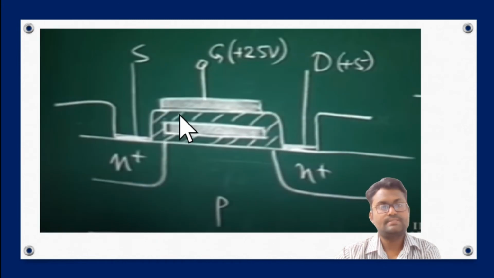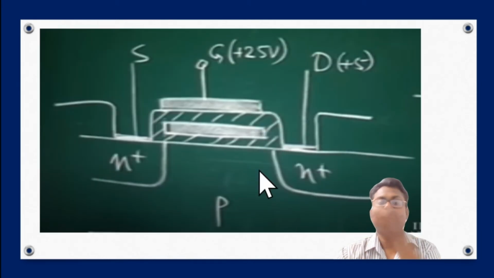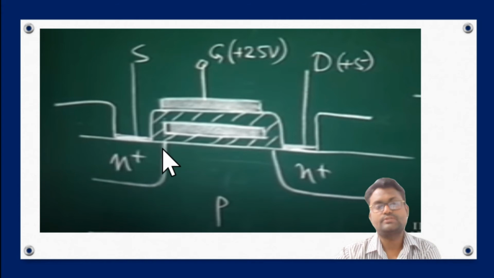Floating gate structure means the inner portion of the gate is in the floating form, that is, it is not connected with anyone. That's why this structure is known as floating gate structure. And we know that for operating any NMOS and any CMOS devices, first we need to create a channel, and for making a channel, first we provide a certain gate voltage, and after the channel is made, when we provide a drain voltage, then current goes from the source end to the drain end, and the working of NMOS and CMOS starts.